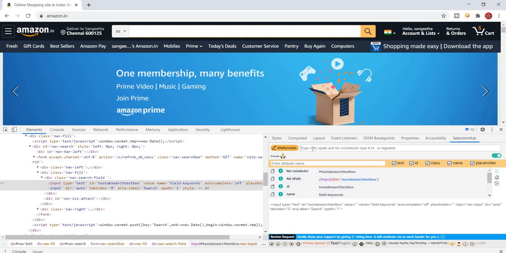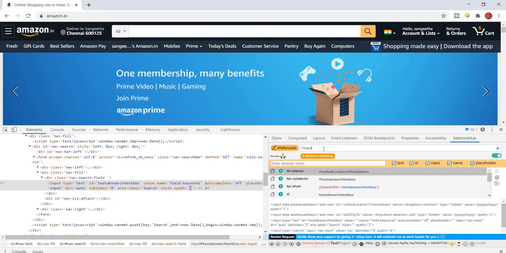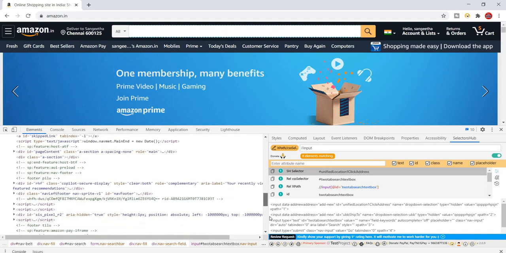Now I'm going to enter input. Enter. So 8 elements are matching. The elements stored inside the input tag will be shown, right?